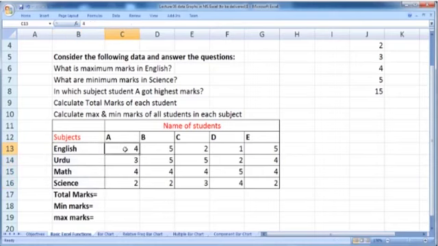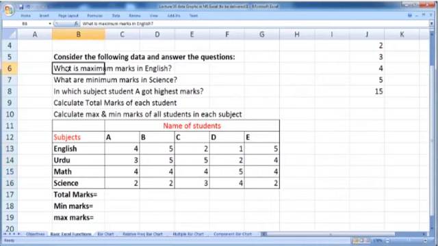So out of 5, student A got 4 in the English quiz, and similarly 3 marks out of 5 in Urdu, and 4 marks in mathematics out of 5. Similarly in science student A got 2 out of 5, and similarly we have data on student B, of the 4 subjects, student C, D and student E.